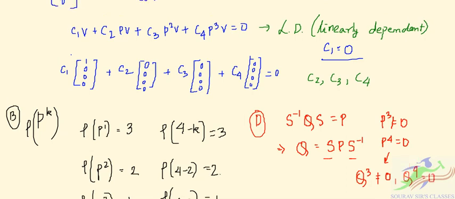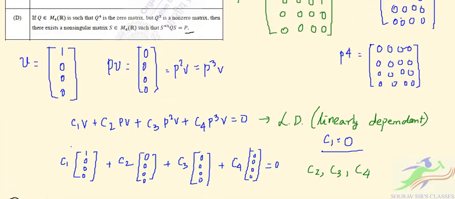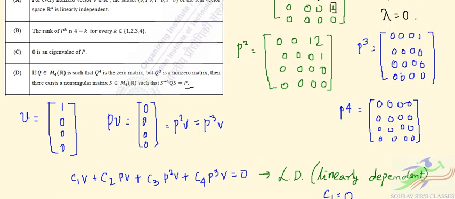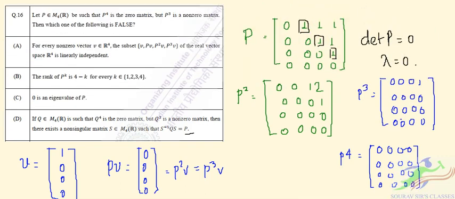So from here you can see the condition that Q3 is non-zero and Q4 is a zero matrix, so there will exist a non-singular matrix, right? So option D is also correct. So in our case for this question 16, option A will be the correct option, as you have seen,